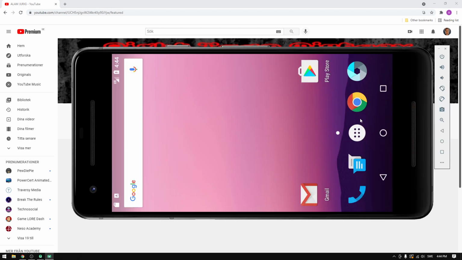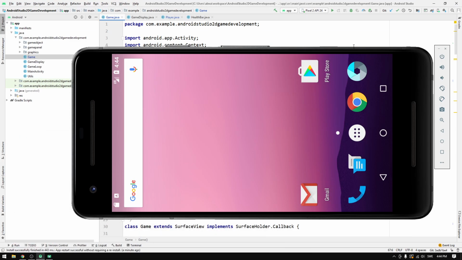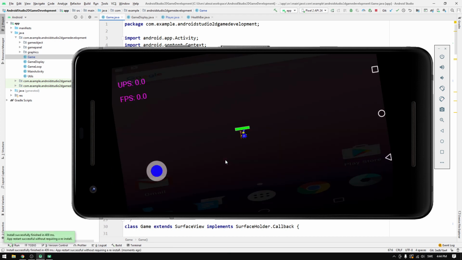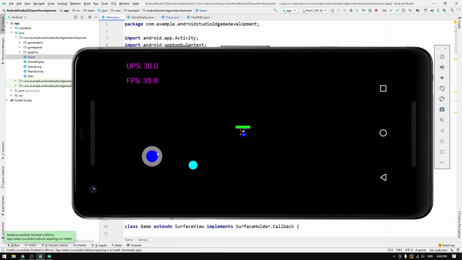So I will just show what I'm talking about. If we go to Android Studio and just play the latest stage of the game, you see that this wizard here, he is always centered. So what we want to do is to make this wizard move freely, just as it was before we centered the player in